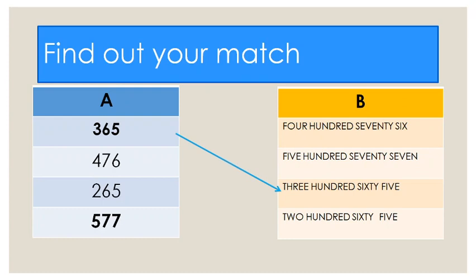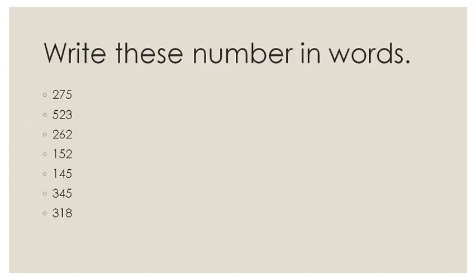Come to the second one. In this number, 4 is placed in the position of hundreds, 7 is placed in the position of tens, and 6 is placed in the position of ones. So it will be 476. Just join them. The rest 2 you have to do by yourself, and just do it in your copy. Now let's see another question. Here also you have to convert the number into words, and we have done this before also, but this time you have to do it in your maths copy. And you have to do some extra tasks from your book, page numbers 16, 18 and 19.